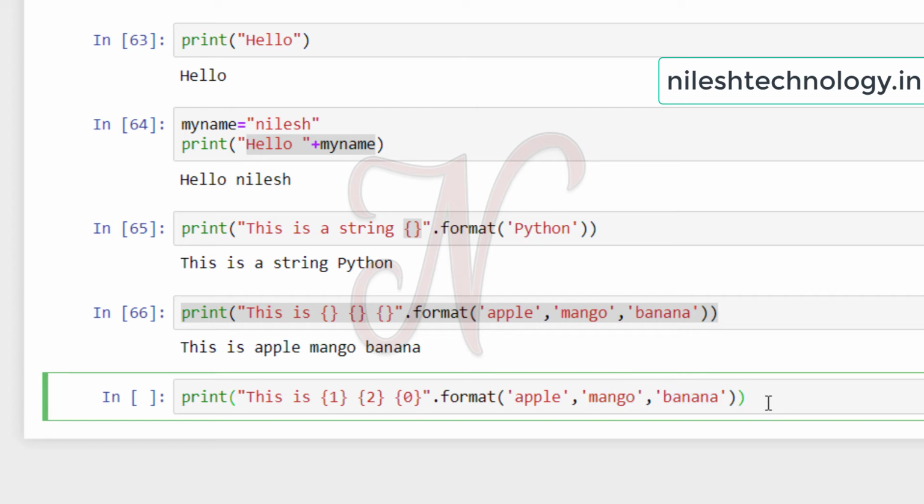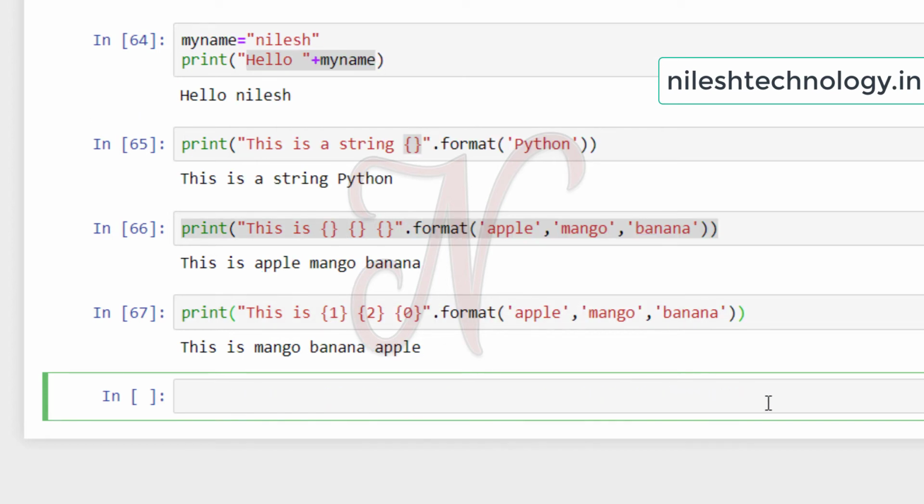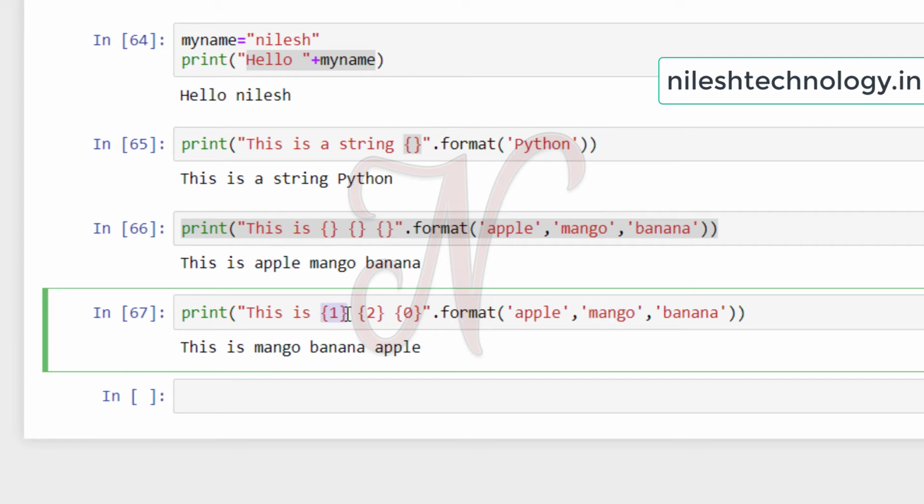If you run this code, see here, this is mango, the first position string. Then the second is banana, then 0, my 0th position string, apple. So my output is "this is mango, banana, apple".